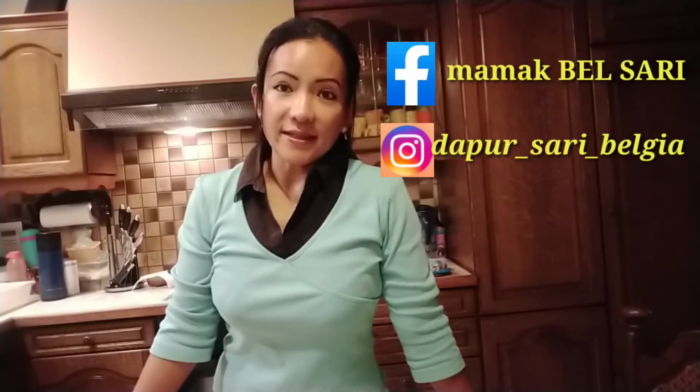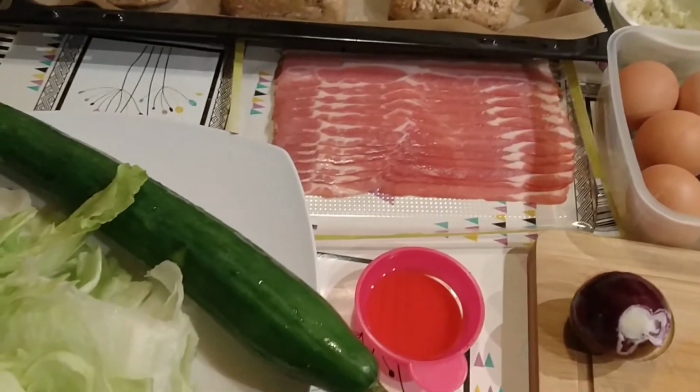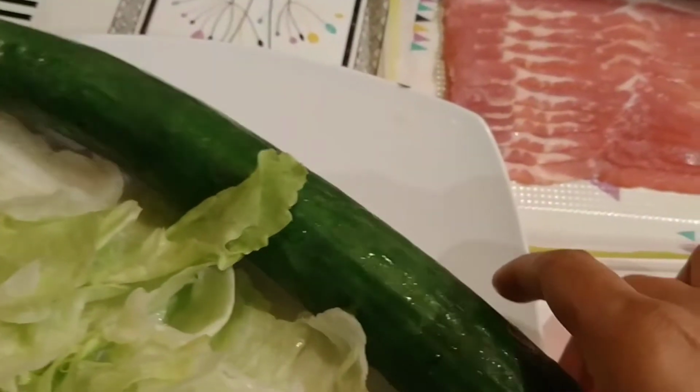Today I will share how to make a simple dinner recipe. This recipe is for 4 persons. These are the ingredients I will use. Let's start. 150 gram lettuce, 1 piece cucumber,